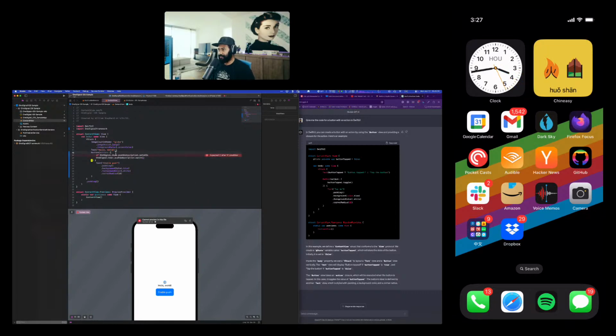We'll say if opted in, then we want to do that. Otherwise, we want to do the opposite. Actually, I'm gonna invert it this way. So this is gonna be opt out, and I'm gonna move this to here.